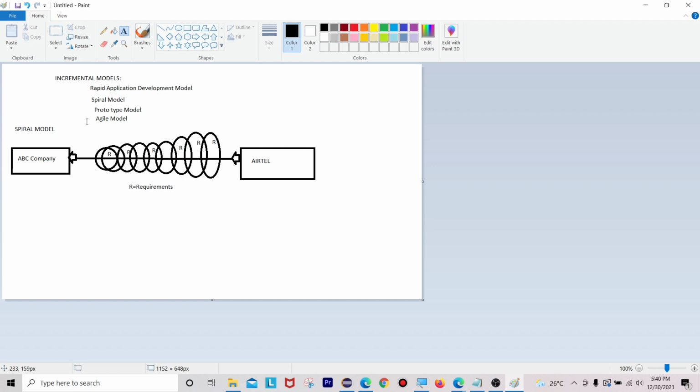That we can consider as spiral model. In this model, at first a basic system is implemented to meet the current requirement of the client, then the system gets updated with new requirements during maintenance.